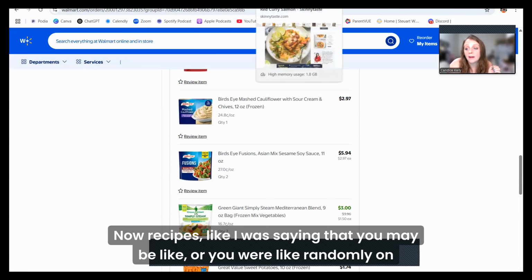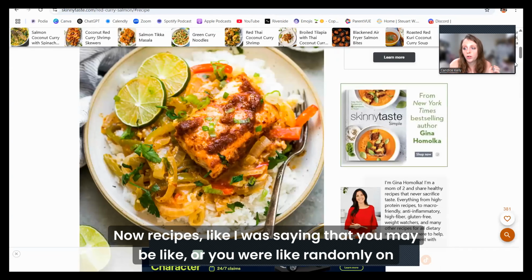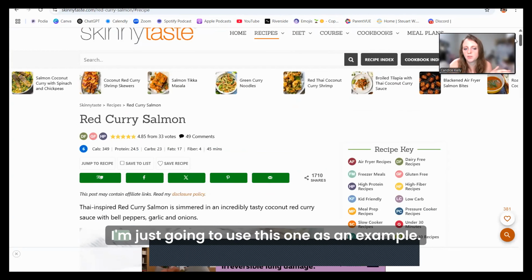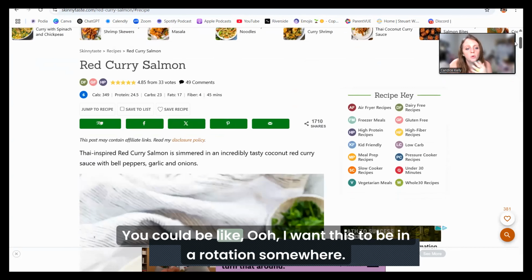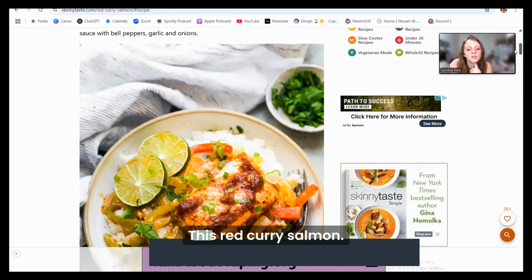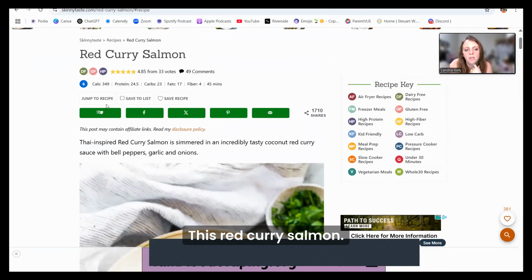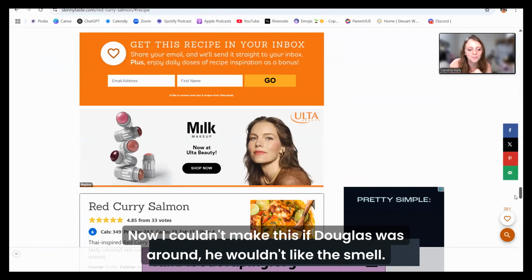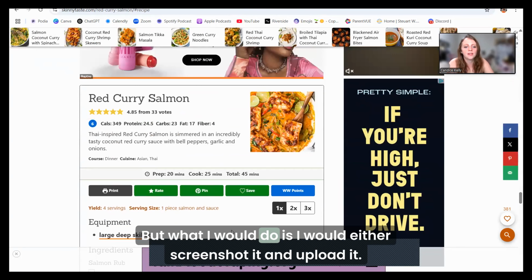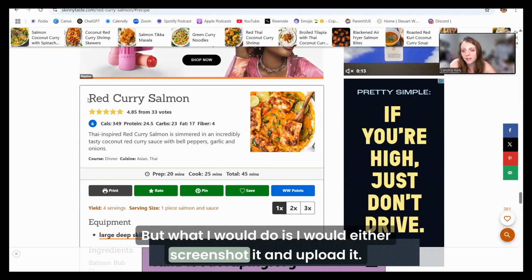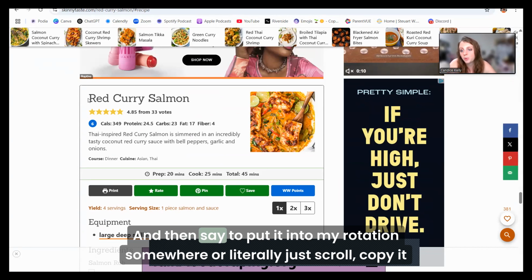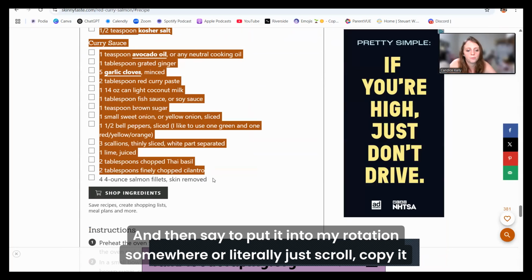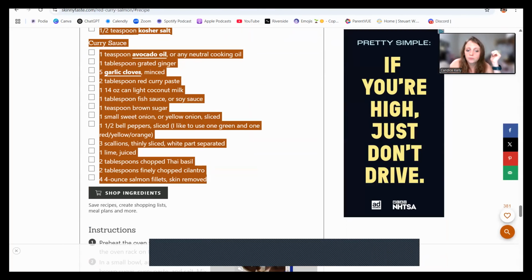Now, recipes, like I was saying, that you maybe like, or you were randomly on Facebook or Instagram and you saw a recipe that you liked. I'm just going to use this one as an example. You could be like, ooh, I want this to be in a rotation somewhere, this red curry salmon. Now, I couldn't make this if Douglas was around because he wouldn't like the smell. But what I would do is I would either screenshot it and upload it and then say to put it into my rotation somewhere, or literally just scroll, copy it, and be like,